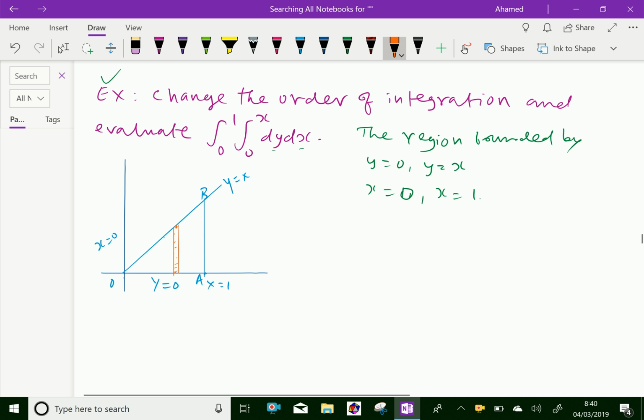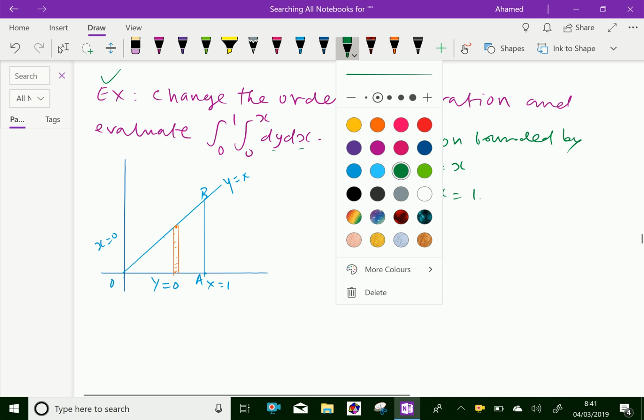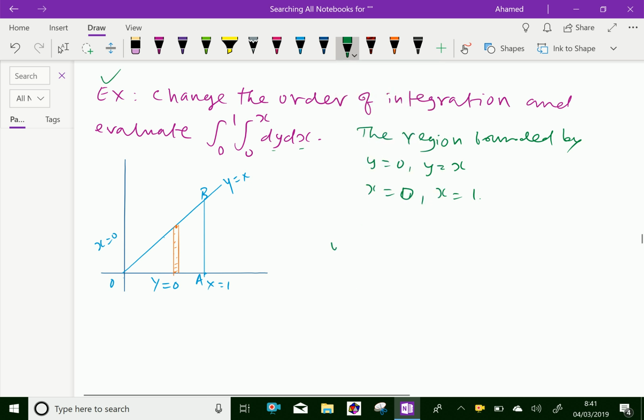Now this strip can oscillate along the x direction. Then we can write the integral as integral 0 to 1, integral 0 to x, dy dx,